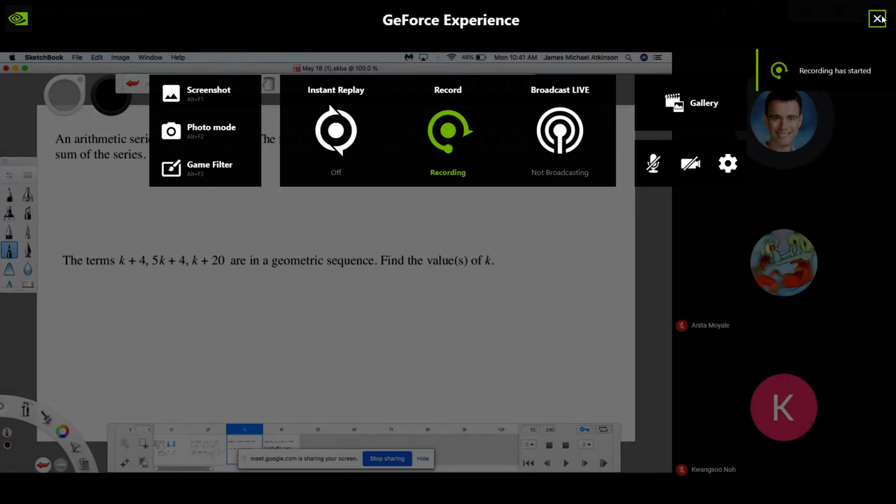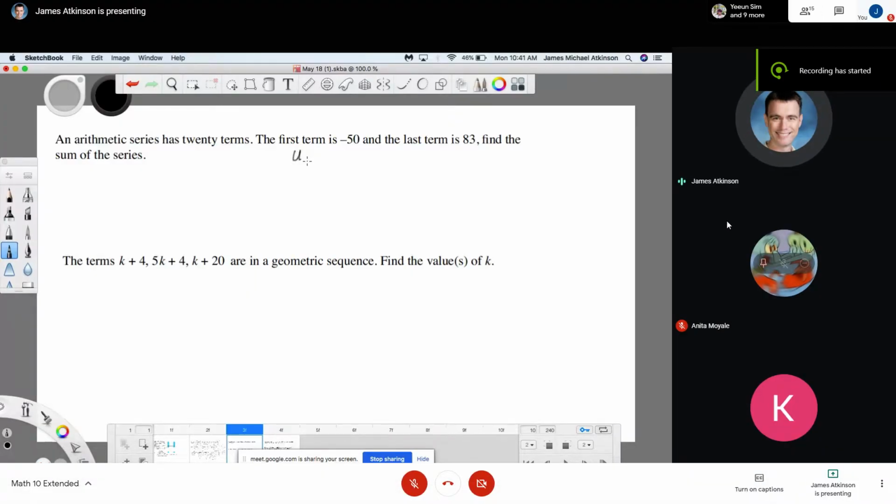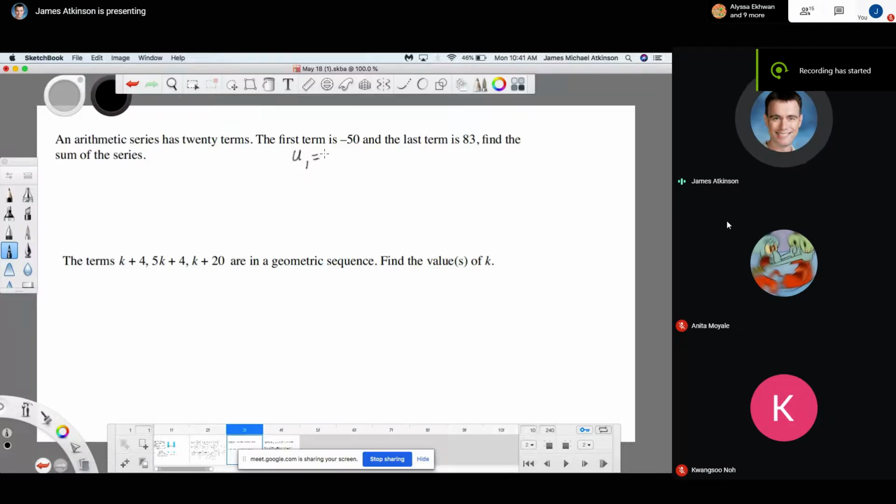Term is negative 50. All right, so there is information that U1 is negative 50. We also know that the last term, and there's 20 terms, so U20 must be 83. What I don't have is the common difference. But I actually don't need to find the common difference in this question, because one of my arithmetic series formulas